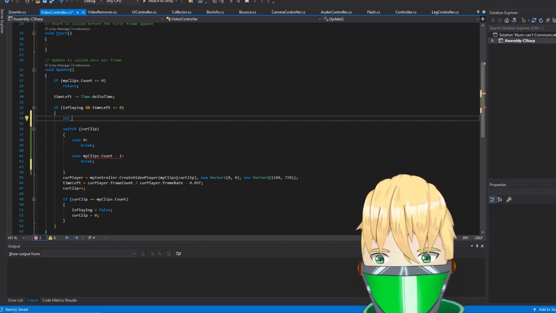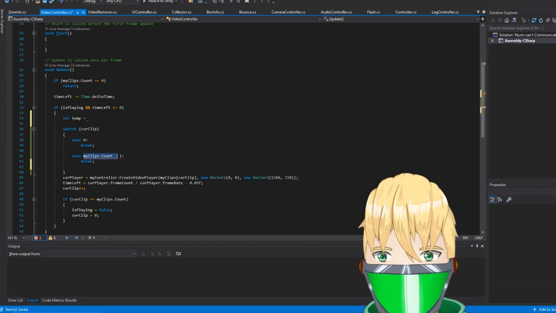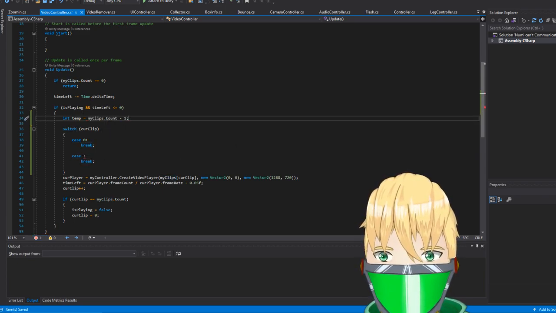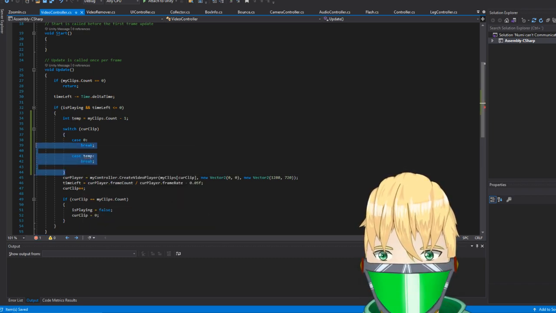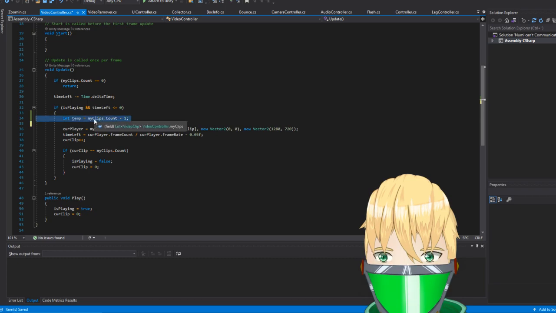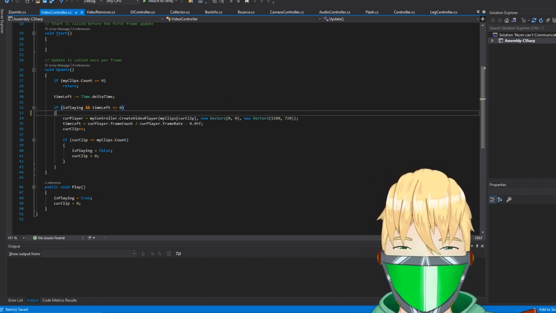Can I create a temp? Just a temp value. Otherwise I'll have to just use if statements. Because if no, okay, I can't do that. Well, let's not use a switch. I forgot how switches work.